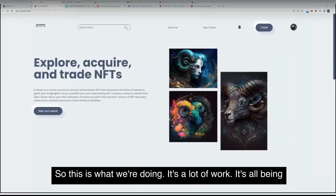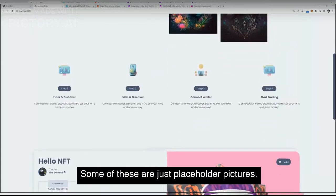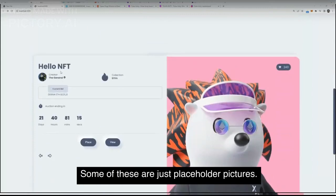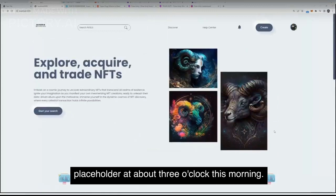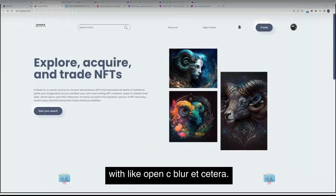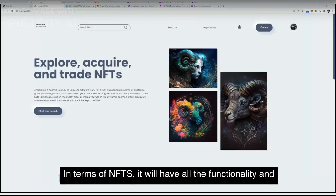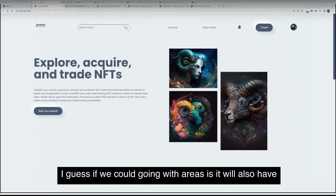So this is what we're doing. It's a lot of work. It's all being built absolutely from scratch. Some of these are just placeholder pictures. One of our beloved designers just put these in as a placeholder at about 3 o'clock this morning. It will have all the functionality of sites that you're familiar with, like OpenSea, etc., in terms of NFTs. It will have all the functionality and links to our social media platform,